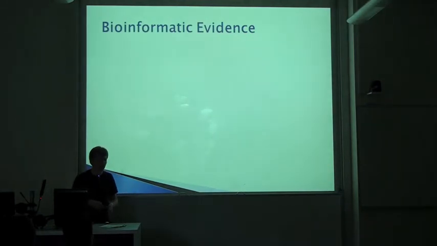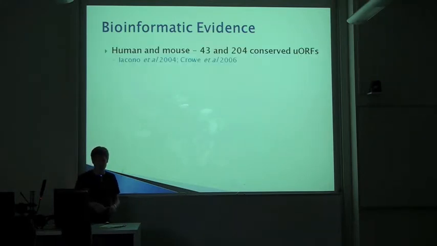So what evidence do we have for UOFs encoding bioactive peptides? Well, a number of bioinformatics studies have been performed on a variety of eukaryotes. First of all, in human and mouse, Ikano et al. identified 43 conserved UOFs. However, they found no evidence of protein coding potential. Crow et al., though, which was performed in our lab, did identify 204 conserved UOFs, and they believe these did have protein coding potential based on